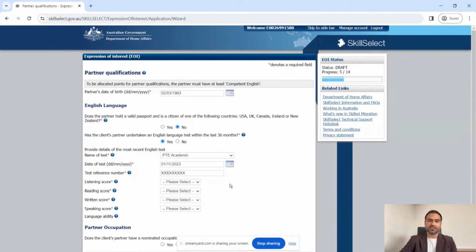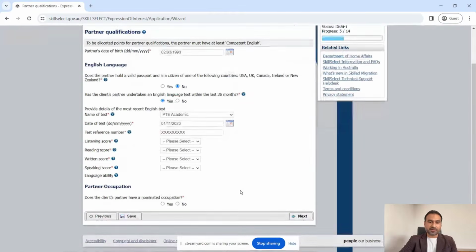You will be putting in your actual test reference number, either of the IELTS, either of the OET, either of the PTE academic. So as per the report's test reference number, you will be copying here. Afterwards, it's asking for the partner's results as per the specific section. So let's suppose